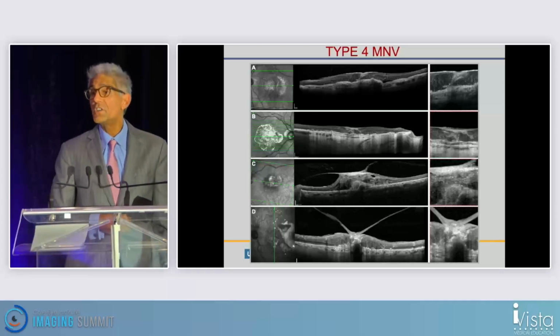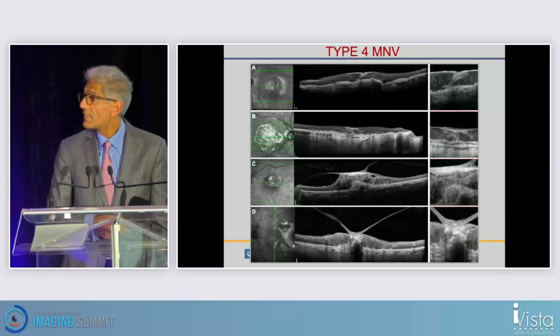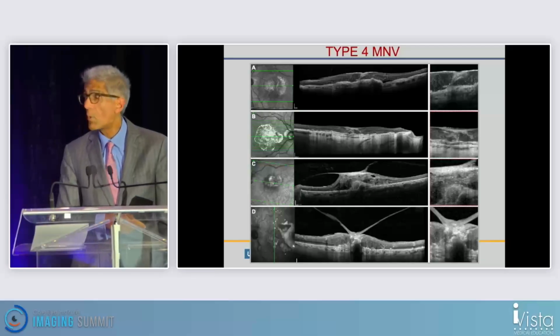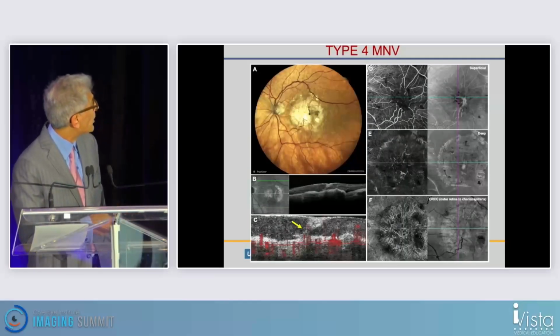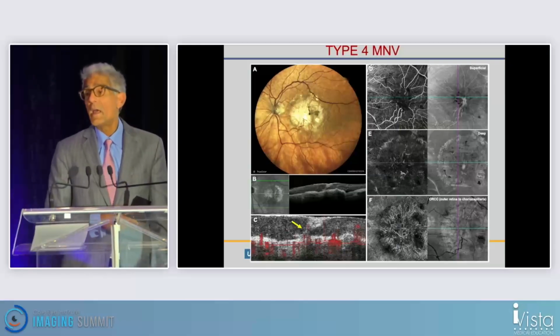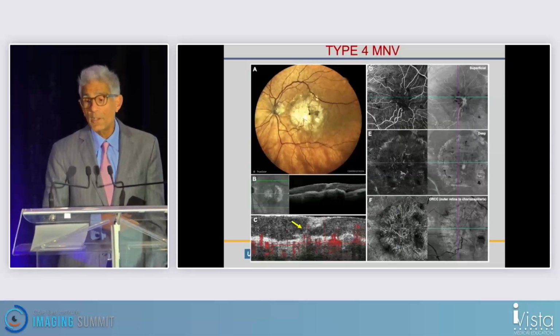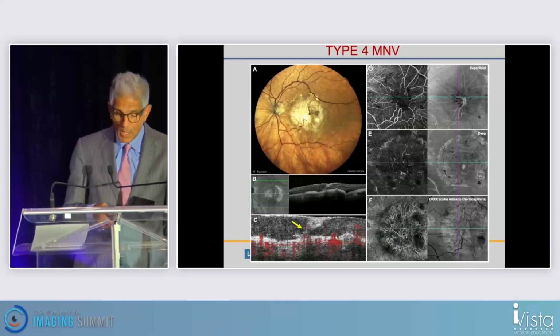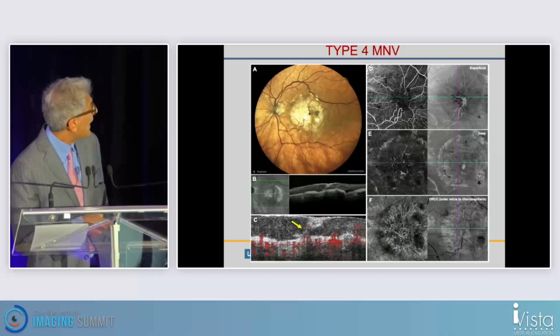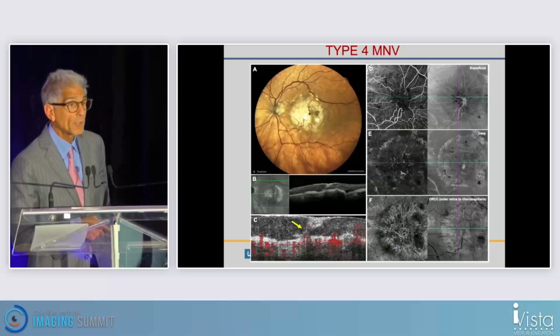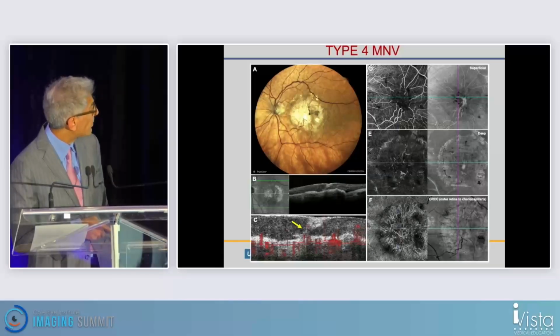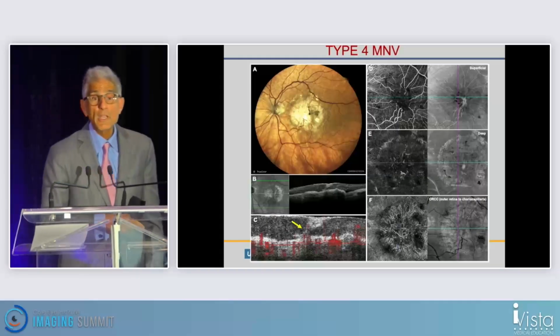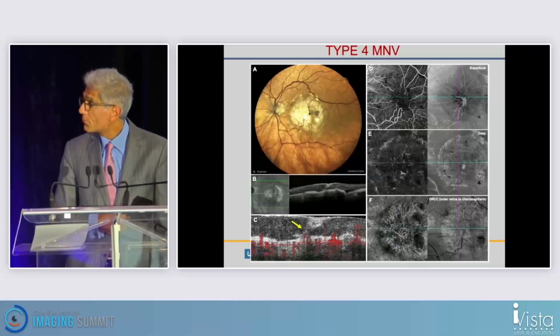But when they initially described this CPHF, they didn't have the benefit of OCTA to see what the origin of it was. And what we were able to do was identify several of our patients with AMD who had central posterior hyaloidal fibrosis, but also we were able to do OCTA. And what we were able to identify in these patients was that there was actually choroidal neovascularization originating under the RPE, growing into the subretinal space, into the intraretinal space, and then communicating with the subcortical hyaloid through the central